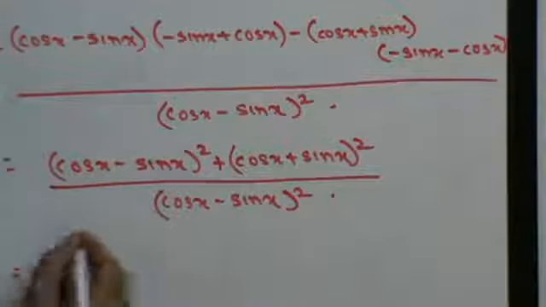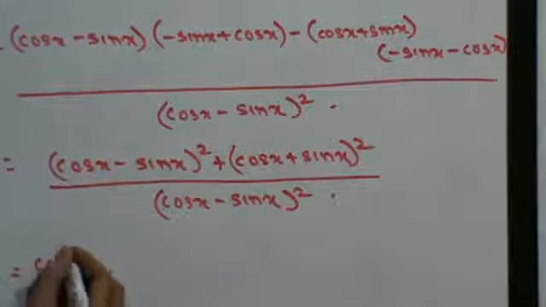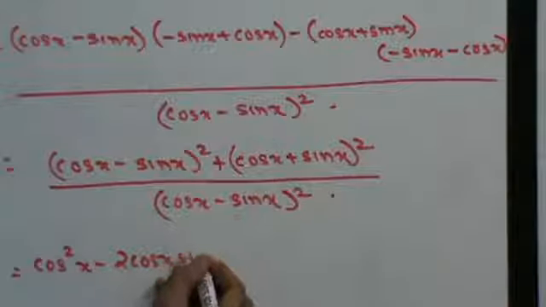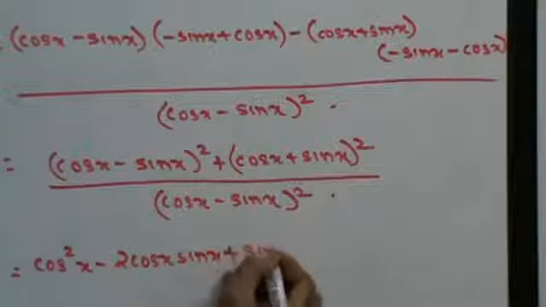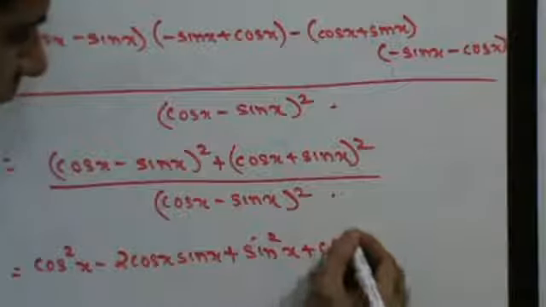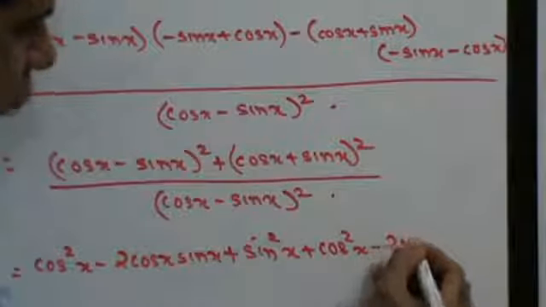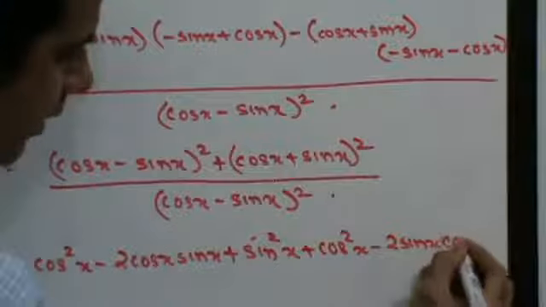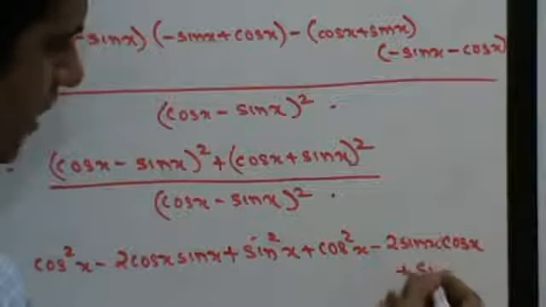This is going to be equal to a minus b the whole square. Therefore this is a square minus 2ab plus b square plus a square minus 2ab plus b square